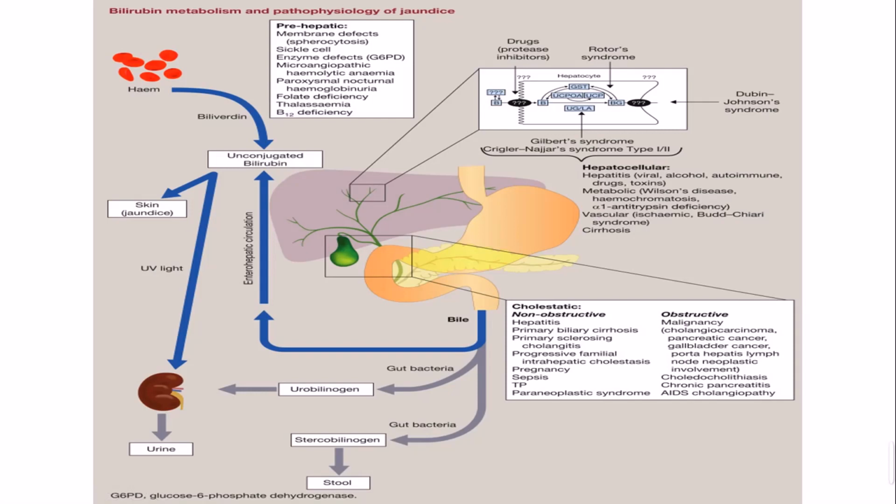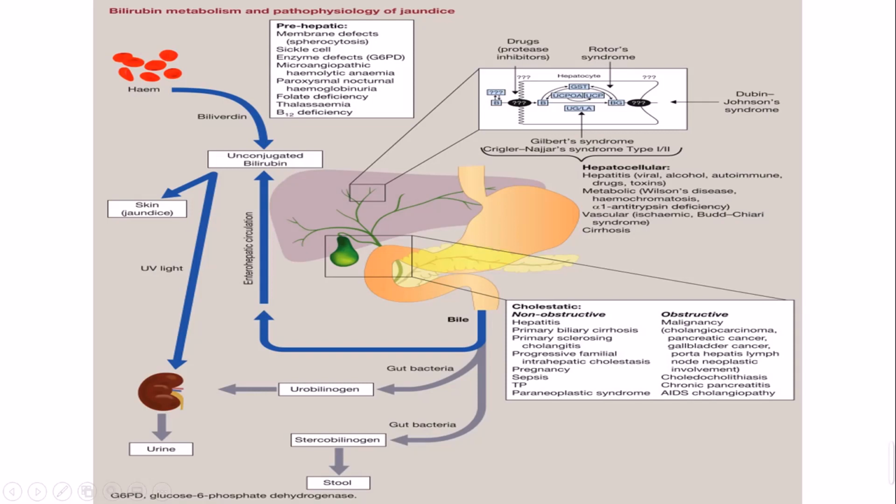So how this happens, I will tell you. Here in this figure you can see that this is your liver, the bluish color which is not drawn in a prominent color, and right here this is your bile duct. From here your bile formation happens, so this bilirubin formation happens.